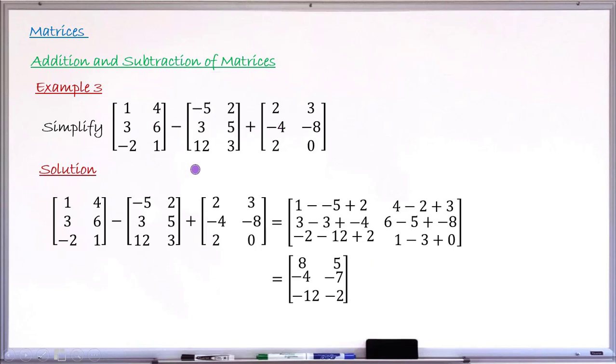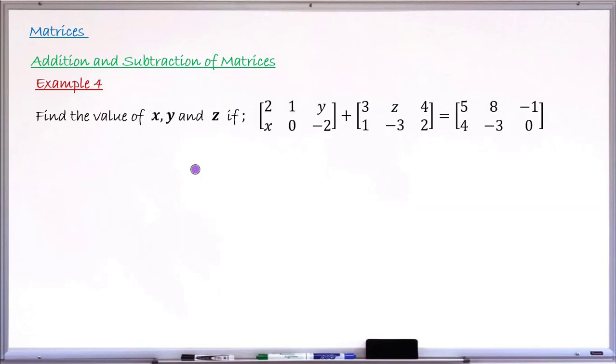So let me just take one more example. Example number 4 says find the value of x, y, and z if you have these 3 matrices, that is this matrix plus this one, which now equals this very matrix. So it's just like you have equations involving matrices in which some of the entries are your unknowns, x, y, and z. Solution to this very problem: what we simply do is copy this given equation,